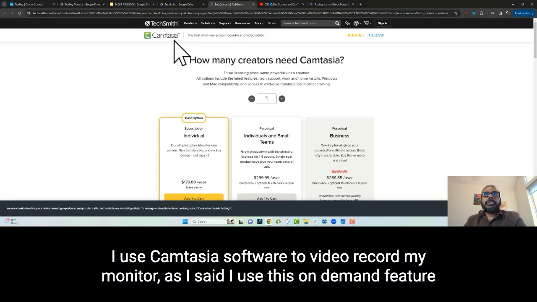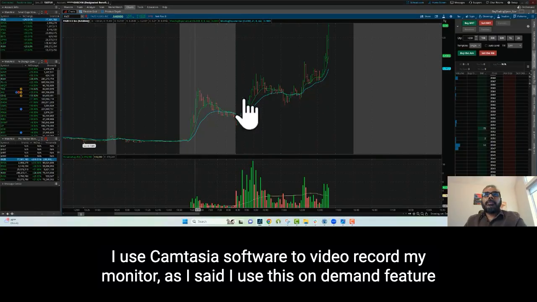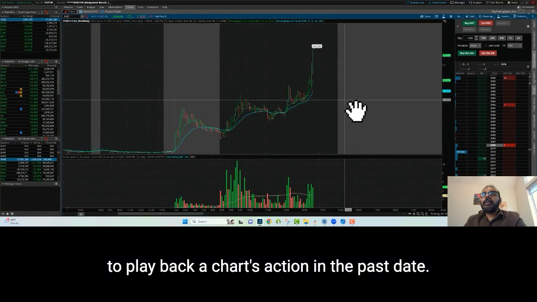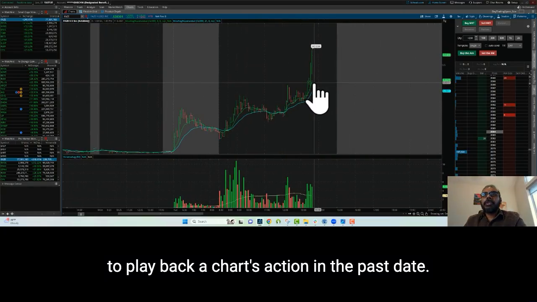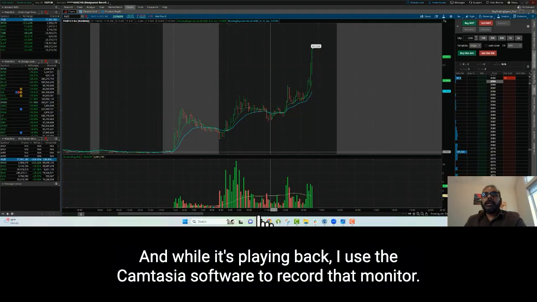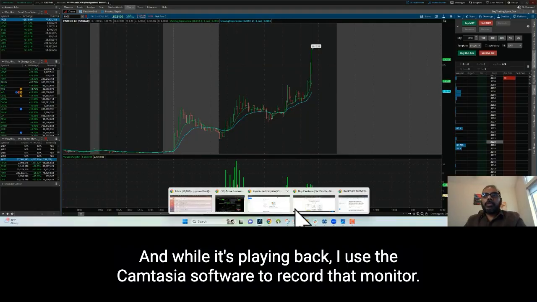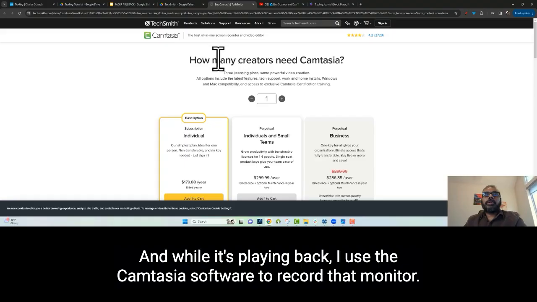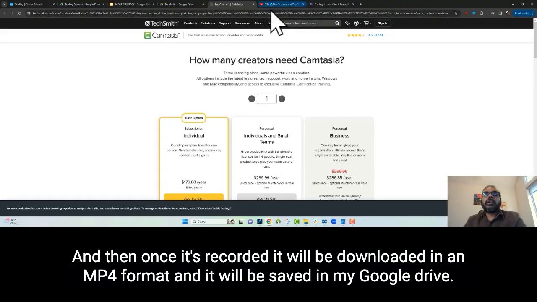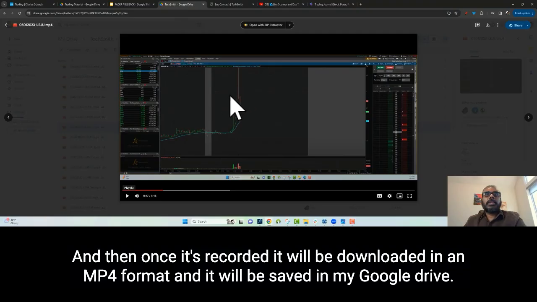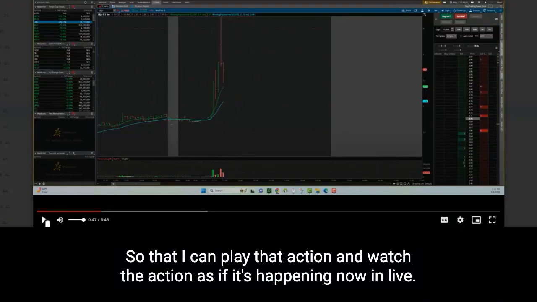I use Camtasia software to video record my monitor. As I said, I use the on-demand feature to play back a chart's action in a past date. And while it's playing back, I use the Camtasia software to record that monitor. Then once it's recorded, it will be downloaded in an MP4 format and saved in my Google Drive so that I can play that action and watch the action as if it's happening now in live,